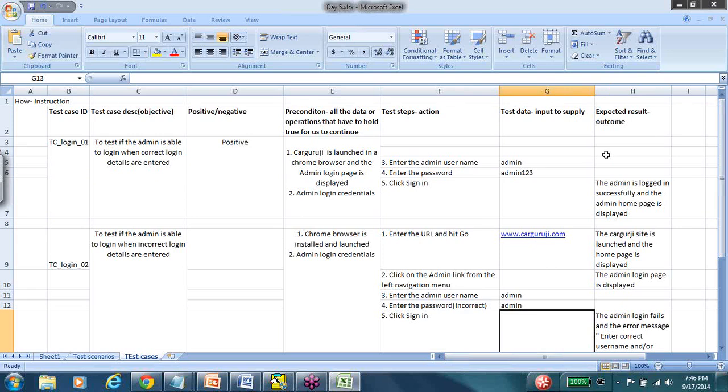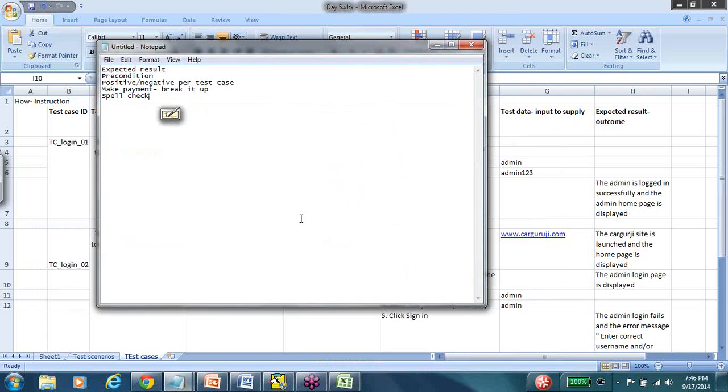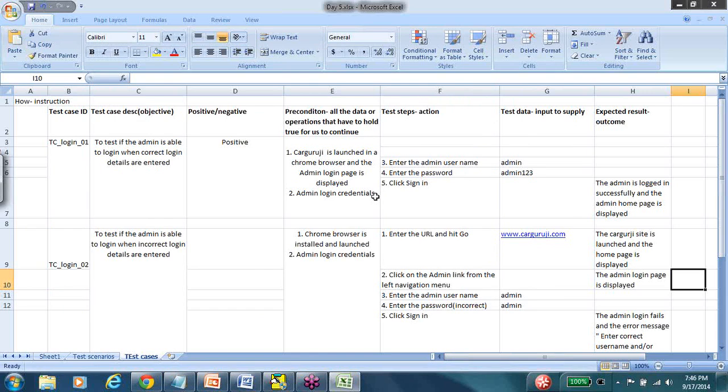But I would not recommend it, because when you are testing it sequence-wise, what if an intermediary step fails? What if the admin login page is not getting displayed? In that case, I would not have a proper recording mechanism to give me the insight on exactly where things did not work. So that's why, at least while you're practicing, make sure that there's an expected result for every test step that you're writing, wherever